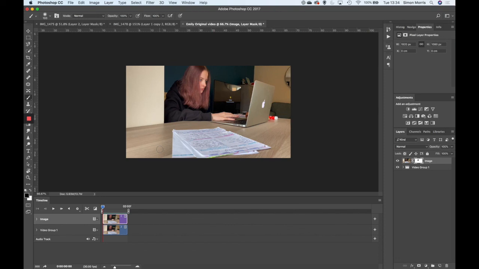Premise is very simple, just putting a image over a video and rubbing out the bit that you want to see. So hopefully that was straightforward for you,